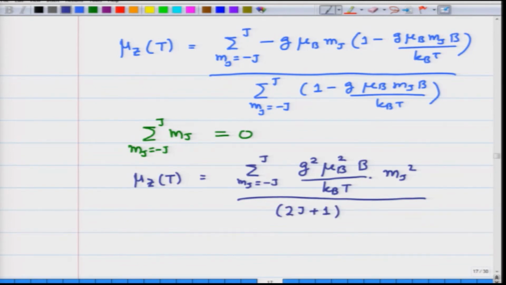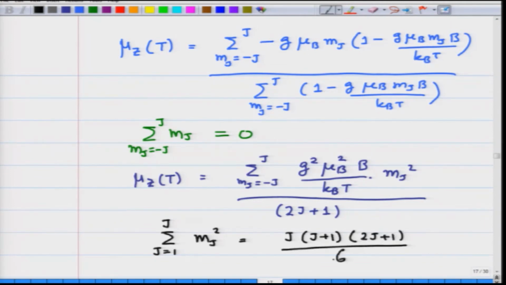Now, I use the series sum formula for the summation of mj square, mj equals 1 to J, which is equal to J times (J plus 1) times (2J plus 1) divided by 6, and I will substitute that in the expression above. Now, this will go in here multiplied by 2 because I have mj going from minus J to minus 1 and mj going from 1 to J, and 0 anyway does not contribute. So, I get